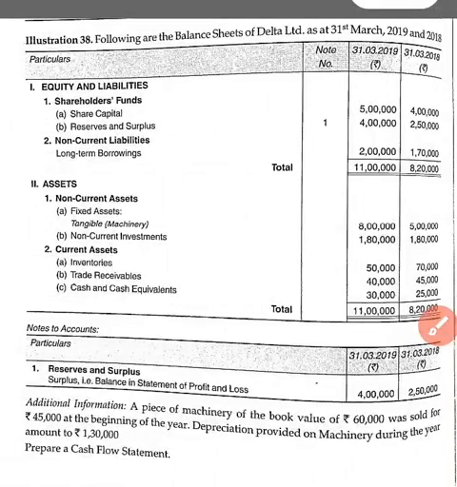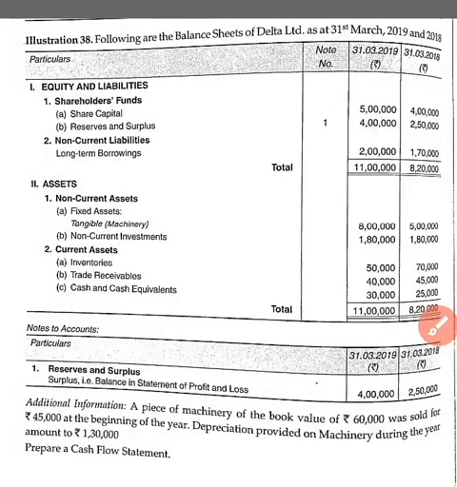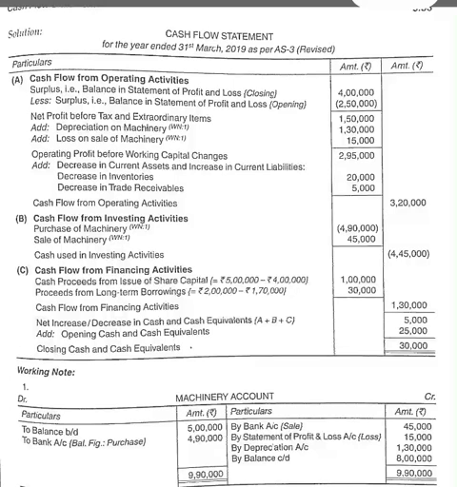Then trade receivables, these are decreasing, again assets are decreasing, 5,000 on the plus side. See, 5,000 on the plus side. Then the next is cash and cash equivalent. We don't record cash and cash equivalent under working capital changes. The question is complete. Now you will do the totals. First do the total of operating activities, then investing activities, and then financing activity. Now what is the last step? After doing all the operating, investing and financing activities, you have to make the total of all three heads.